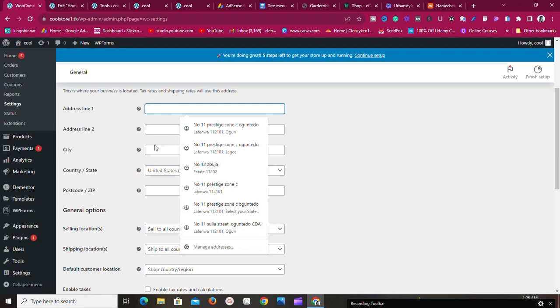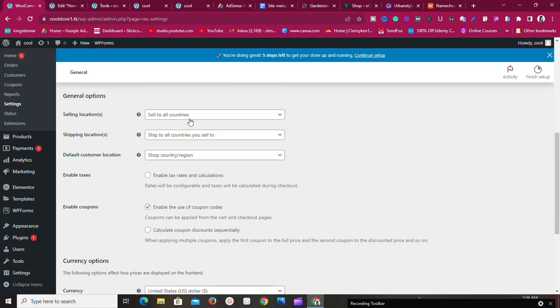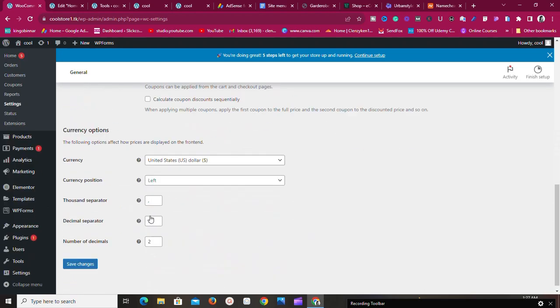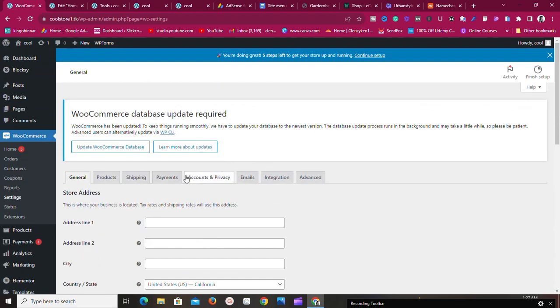So you need to enter your address, your city, your state, your country, where you ship to. You can ship to all countries you sell to, which is nice. If you want to ship to some specific location or specific countries, you can do that. You can enable tax, you can do a lot of stuff right here. You can also choose your currency right here, but the main thing I want to show you is if you click on shipping,